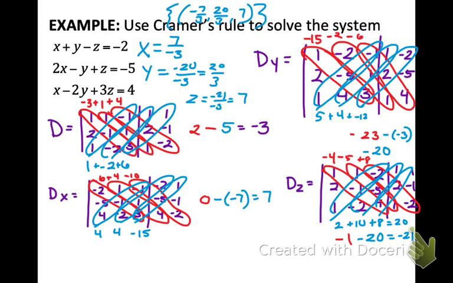3 by 3. Is it hard? No. Time consuming? Yes. With the 3 by 3s. But 3 by 3s are always time consuming, right? So there's definitely less chance of making error here. And it's a lot easier to check your errors if you feel like you're wrong than it is with row operations. That's why Cramer's rule is nice. Okay? All right. So I'm going to